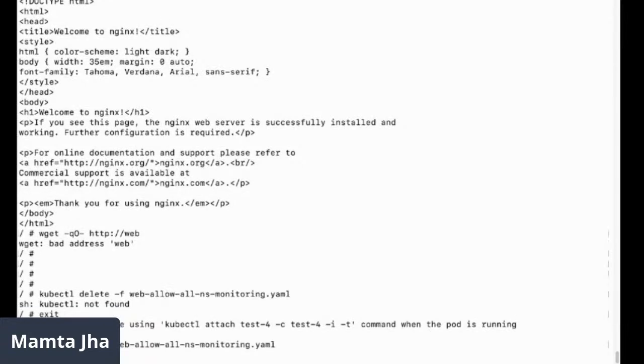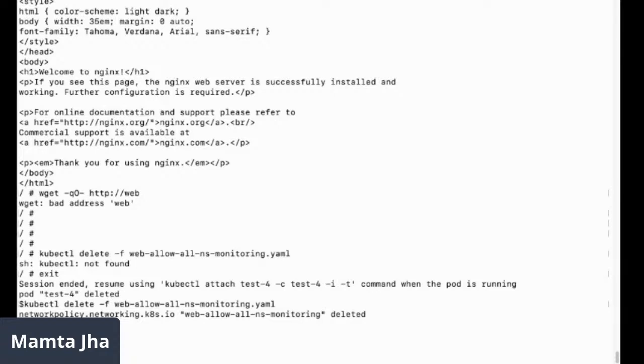Oh, I'm inside the pod. So today's would be a small session because network policy is not that complicated. Like I would say it is a complicated topic because you can write n number of policies, but I don't have that much stuff to cover in it. I'll go ahead with egress traffic now.